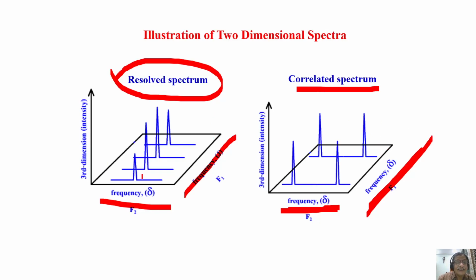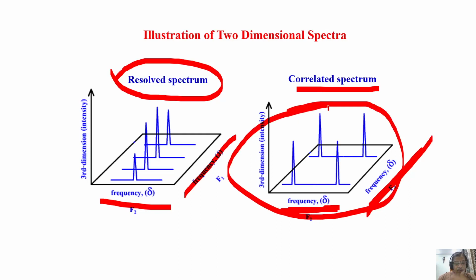This is called a stack plot. When you plot like this, with an intensity pattern like this, one trace per page as a function of this, the number of stacks depends upon the number of T1 points you had. You can represent it like this. This is a stack plot of the 2D spectrum. Understand? This is a stack plot of the 2D spectrum. You can define the number of T1 points or incremental points and have a stack plot of the 2D or 3D spectra.